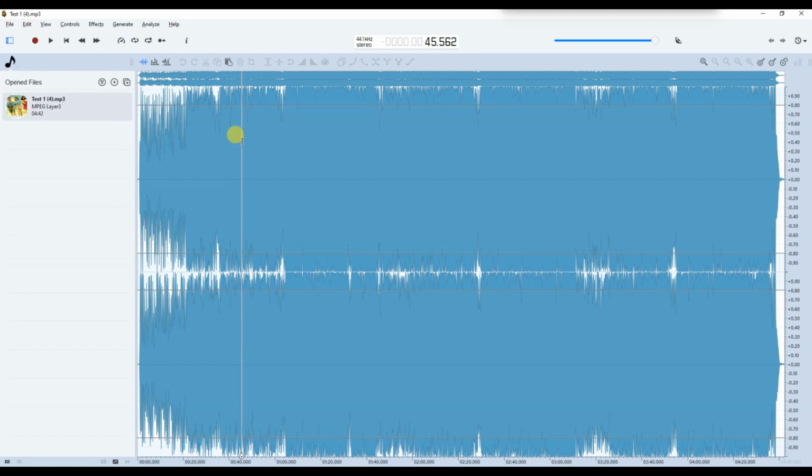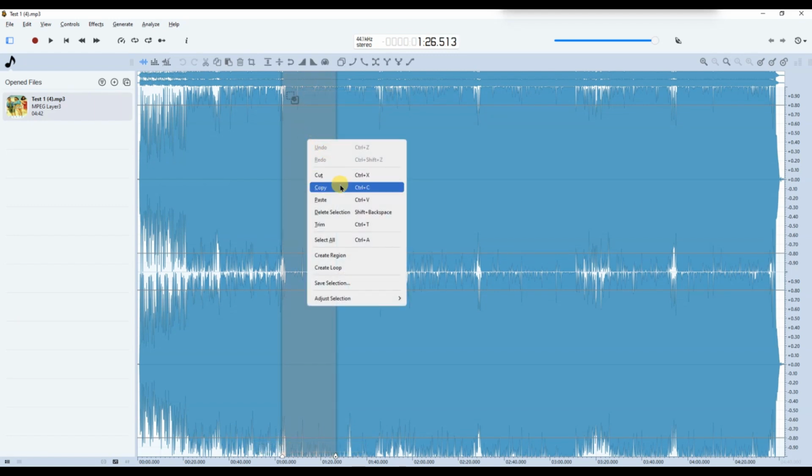Once your file is loaded, find the section of the audio you want to copy. Now, highlight the part you want to copy by clicking and dragging the cursor over it. After the audio is selected, you can right-click on the highlighted area and choose copy or simply press Ctrl+C on